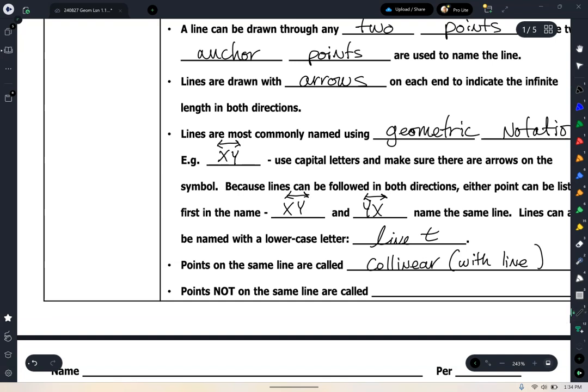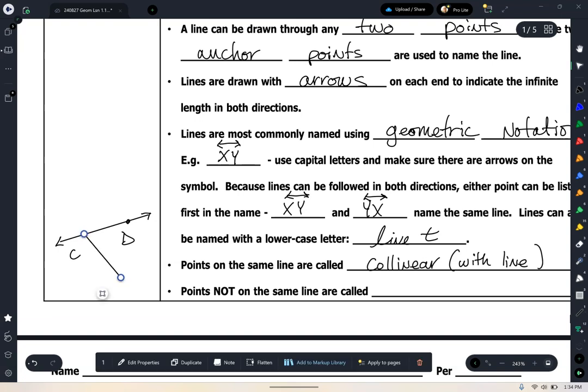All right, so here's what I want you to do. I want you to draw a pathway that looks like this. We're going to put a couple arrows on that. And then right about here, we're going to put a C. And then right about here, we're going to put a D. Okay. And then I want you to do another path going like this. I'm going to extend it in both directions.